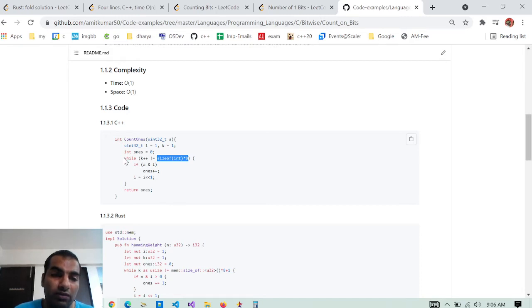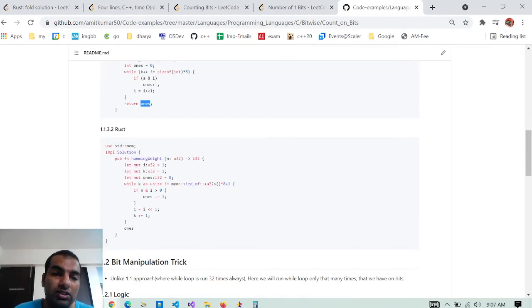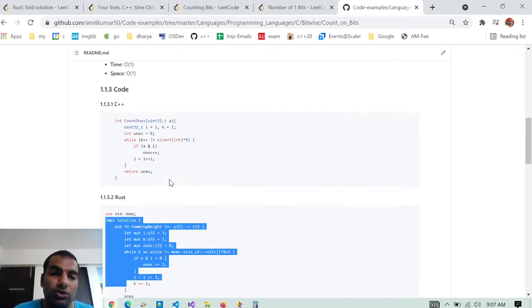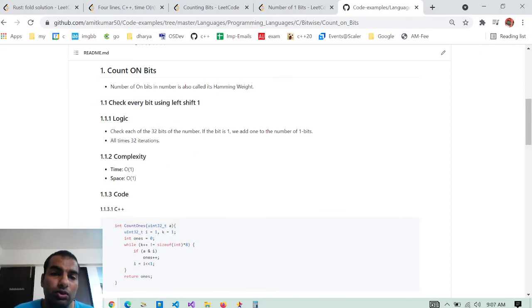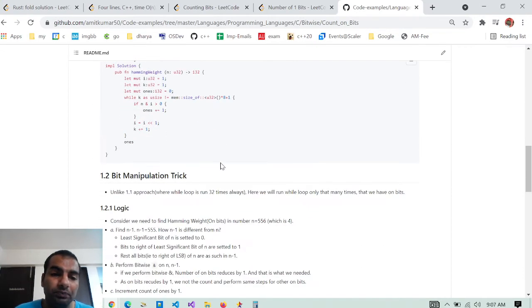So we have a while loop which iterates through the size, we add the ones and return the answer. Here is the C++ representation, and this is the Rust implementation. This number of ones is also called the Hamming weight. The number of on bits in a number is also called its Hamming weight.